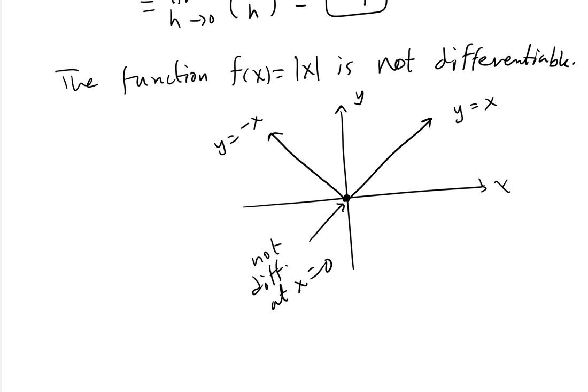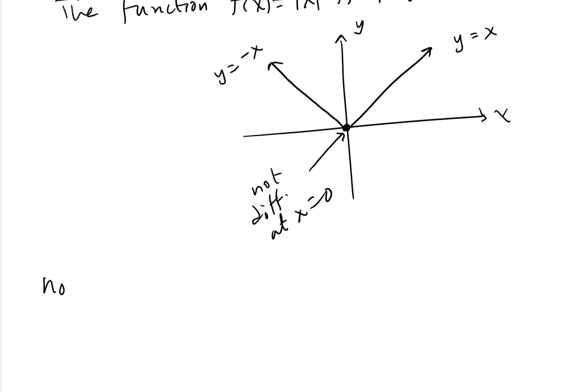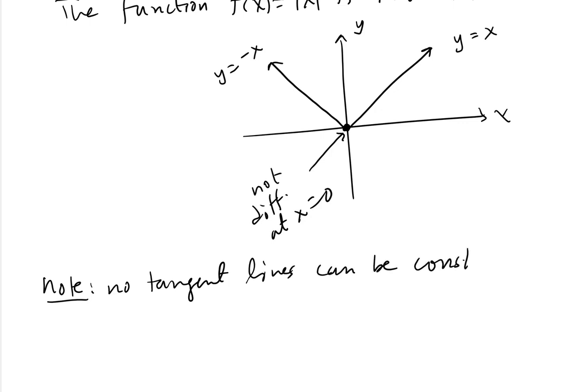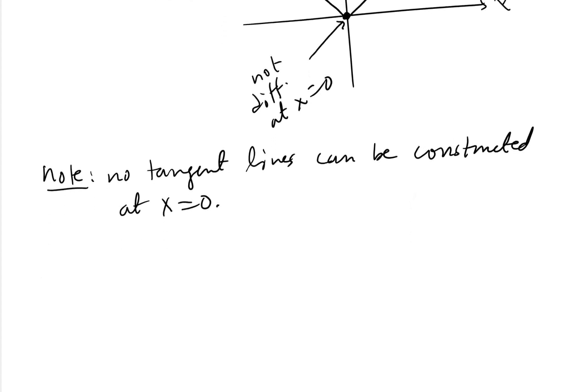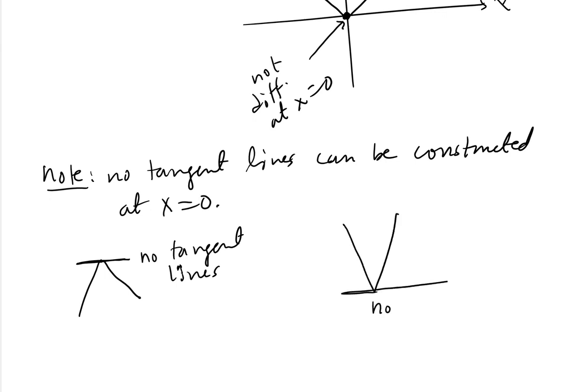Notice here, not differentiable. As a note, no tangent lines can be constructed at x equals 0. So if we have a function like this, we can't draw a tangent line here. No tangent line or lines can be drawn. Same thing if it's this way. No tangent lines